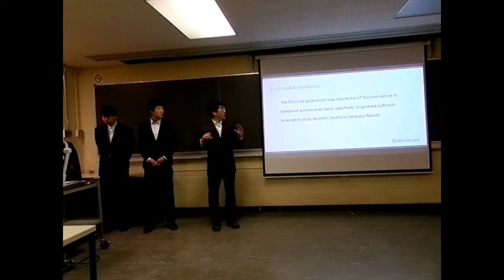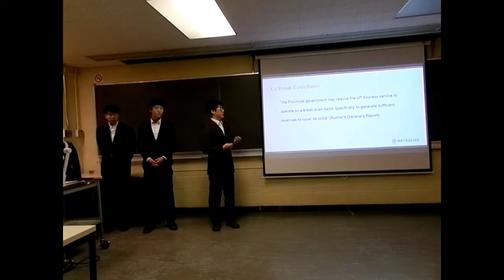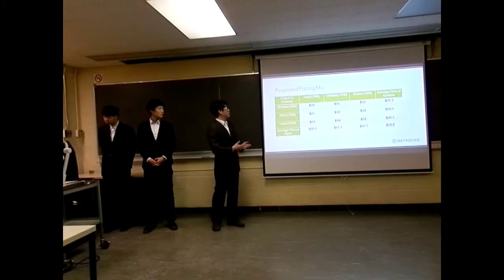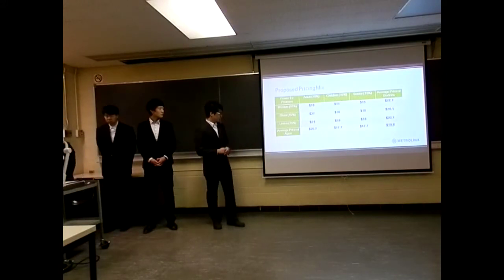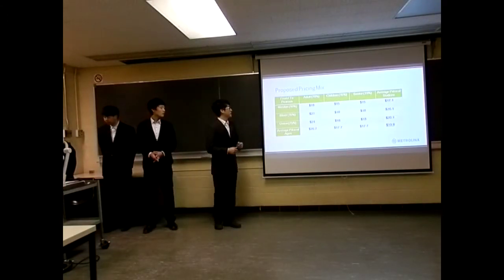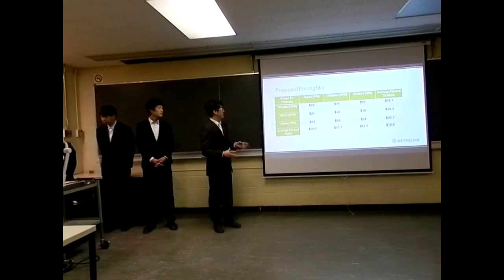So when you combine all those factors together, we're able to create a table that shows how we charge differently based on the ages and the stations. So here's the proposed pricing mix. If you look at the last row first, it shows the weighted prices based on the ages, and the last column shows the weighted prices based on the stations.